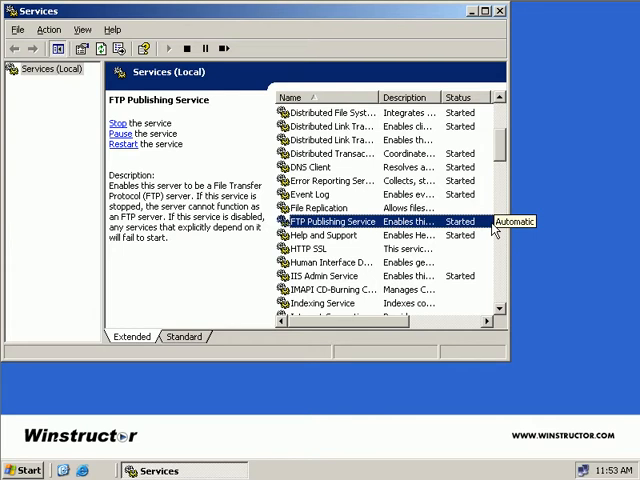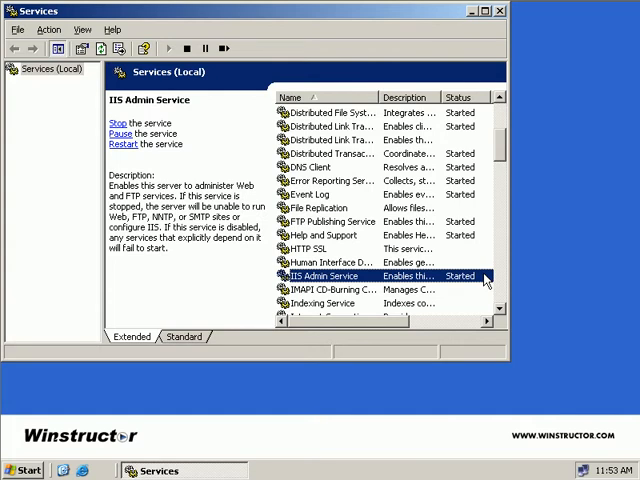Now it's this FTP publishing service that enables your server to become an FTP server. So it's pretty important that this service is running. After all, no FTP service means no FTP server. Now if you do have problems with this service and it won't start, it's a good idea to cast your eyes below to the IIS admin service and make sure that this one's also started,